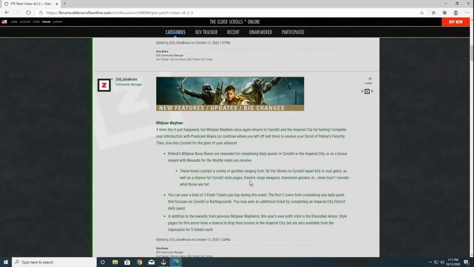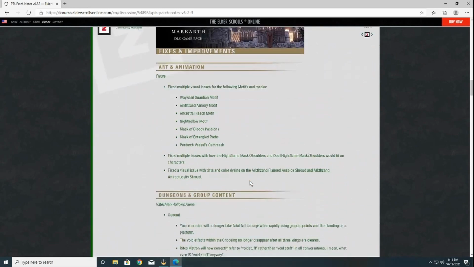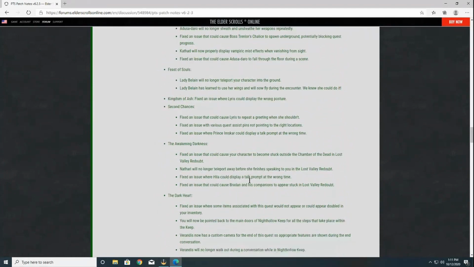Mid-year Mayhem stuff for the PTS. So we got another one coming, which is pretty cool. Housing, art and animation, dungeons and group content, housing, quests and zones,